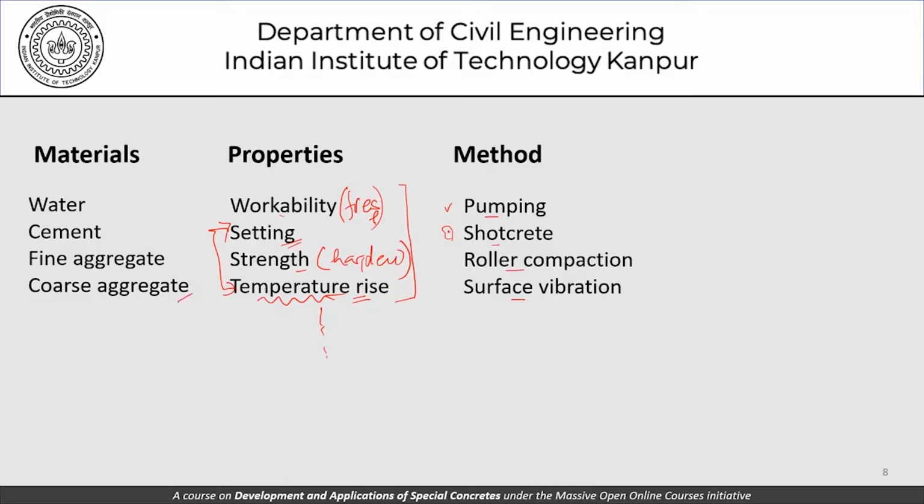You may like to have a concrete which sets very quickly, because shotcreting is a process by which you gunite or you deposit concrete under pressure. That concrete could rebound. So before this rebound and so on happens, you would like the concrete to set so that all this rebounding is stopped. Similarly with roller compaction, similarly with surface vibration, there are constraints, there are special requirements that are imposed on